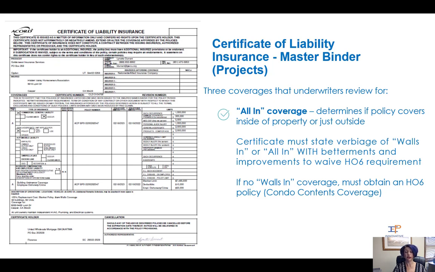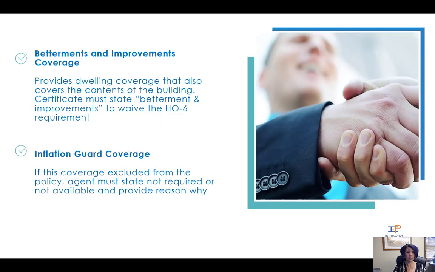The next thing you should look for is to see if they have an all-in or walls-in coverage policy. All-in or walls-in means that it covers from the walls inside the property as well as outside. In order not to be required to have an HO6 policy, you will need to make sure that it has an all-in coverage. You need to make sure it has betterments and improvements and inflation guard. Betterments and improvements coverage is to cover the contents of the building. Inflation guard coverage is the automatic annual increase in the property value on the policy to keep up with the